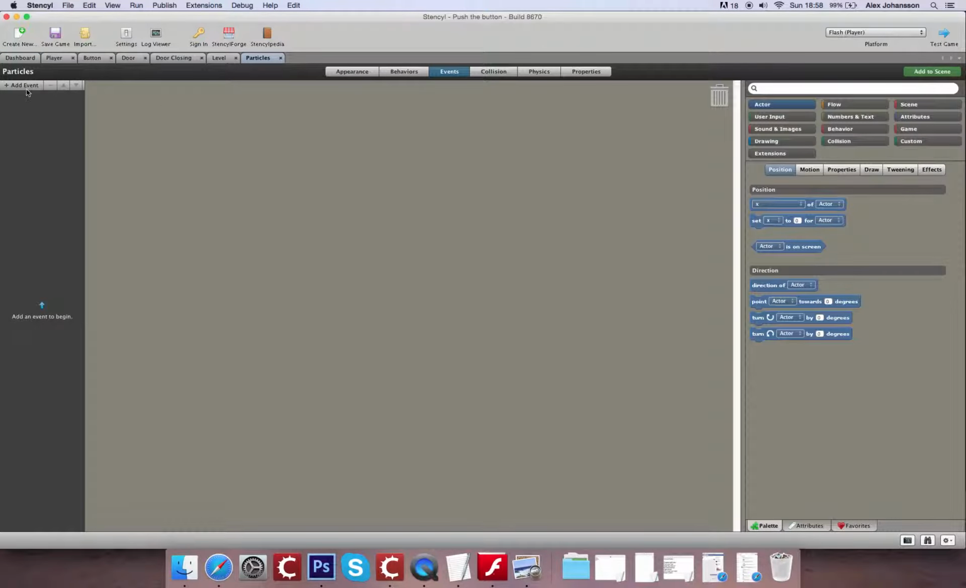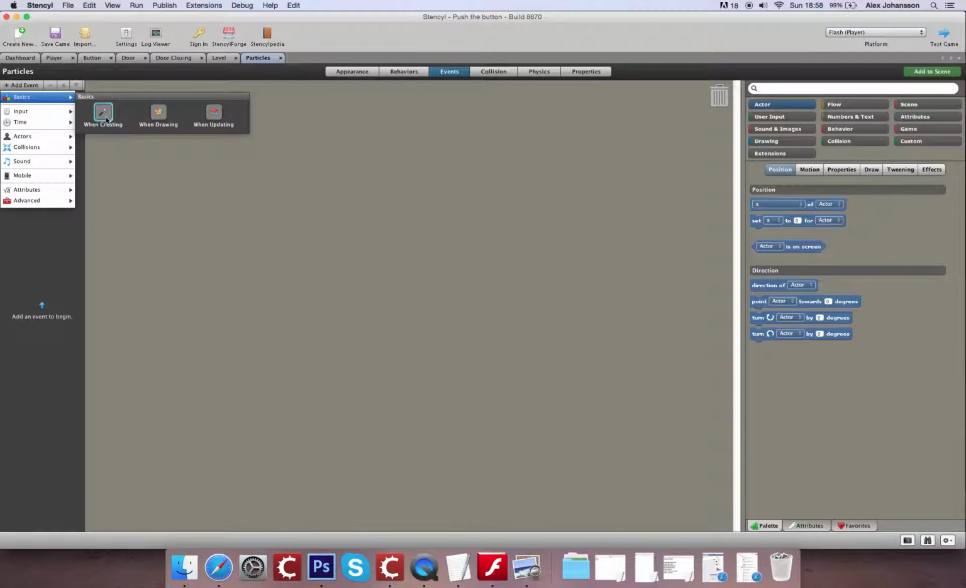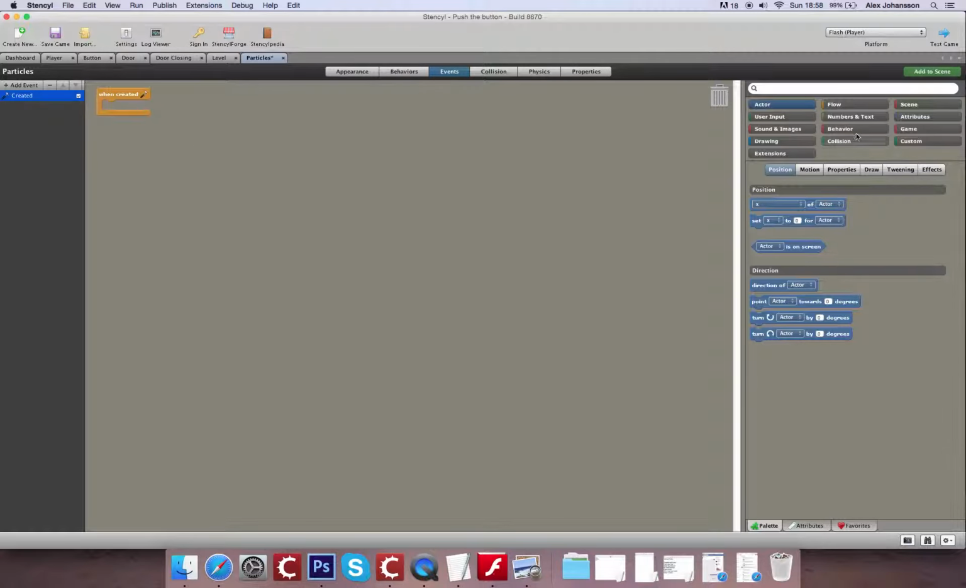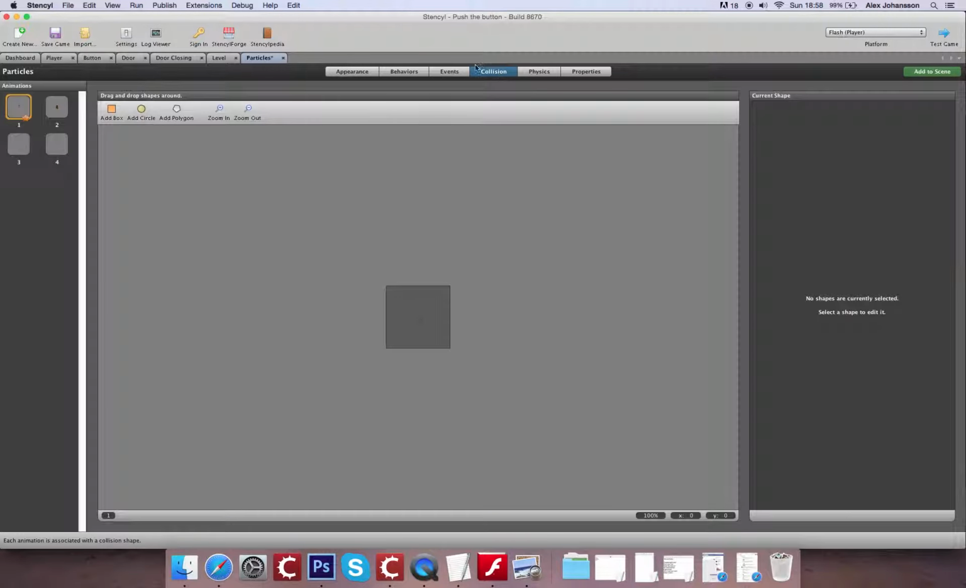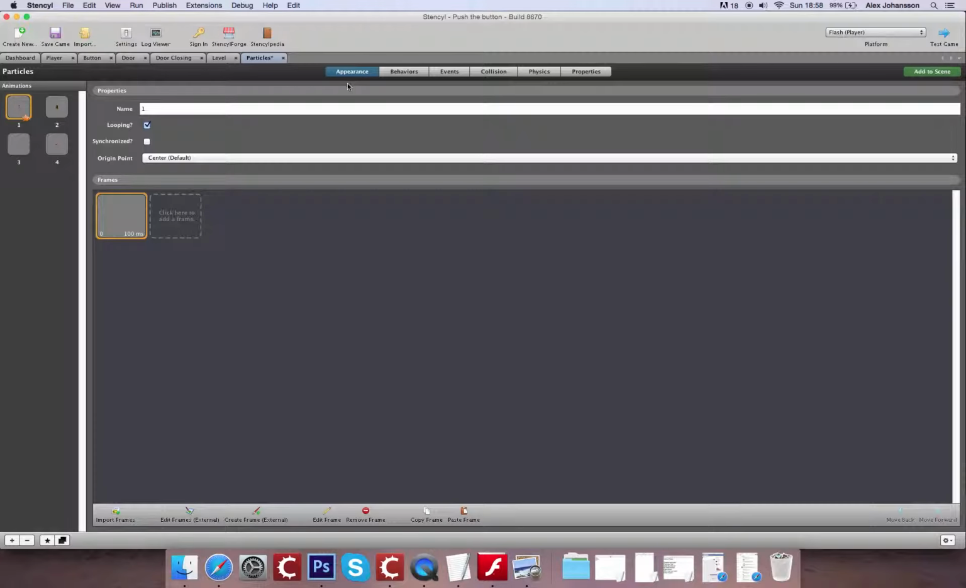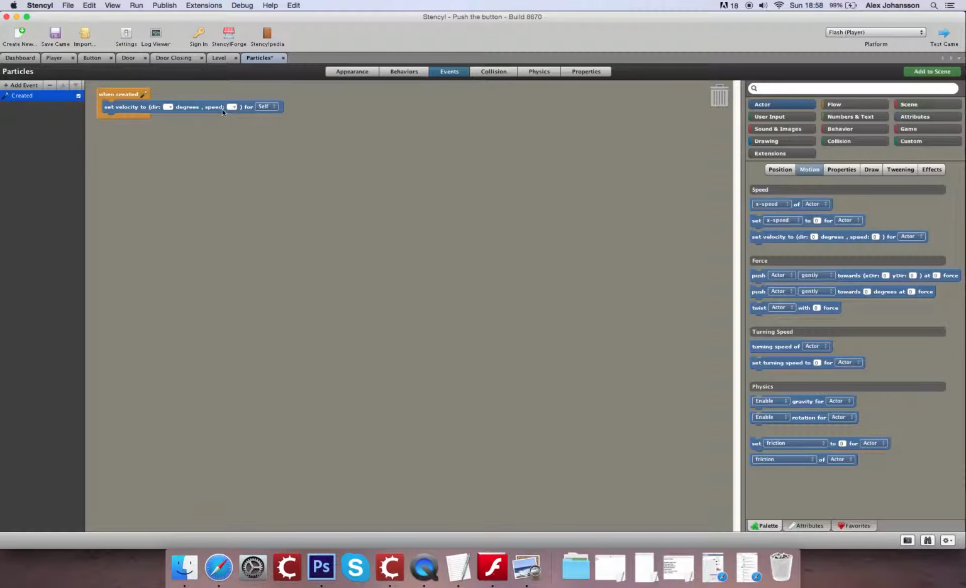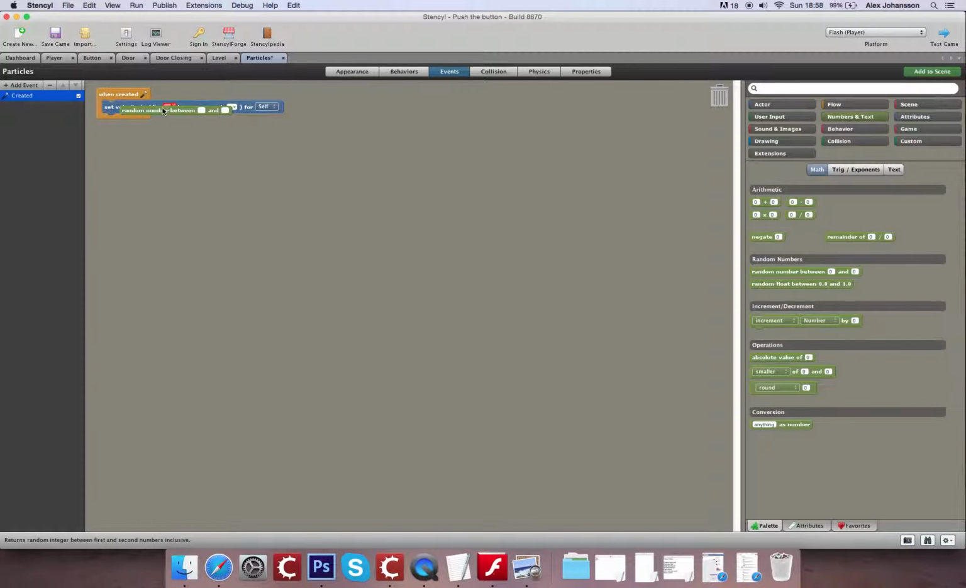So for that, what I'm going to do is, when created, I'm going to make them choose a specific direction to fly in. I'm going to let them be affected by gravity, so you kind of have a flying around effect rather than letting them just fly off in lots of different directions. So I'm going to set a random number between, let me think, 0 and